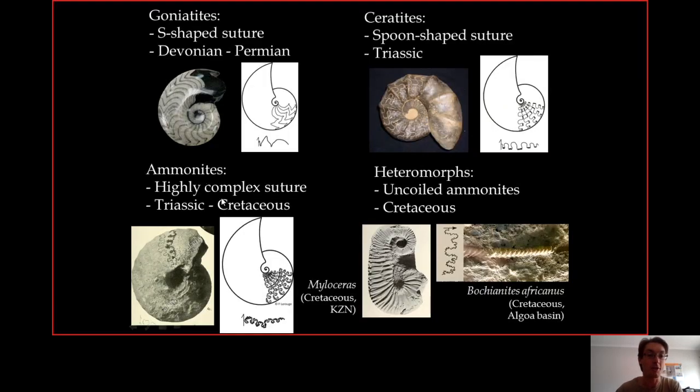So you can see, it's difficult to describe that suture. It looks like a plant, if you want. It's very, very ramified, very, very branching. It's very, very complex. So this type of suture is directly derived from the spoon-shaped suture of ceratites, and